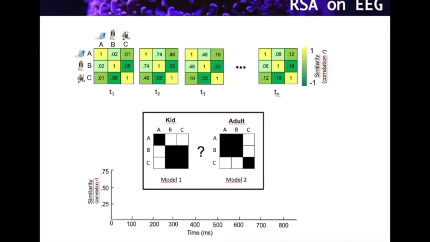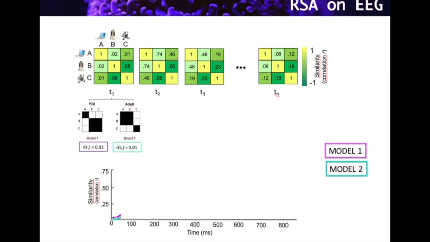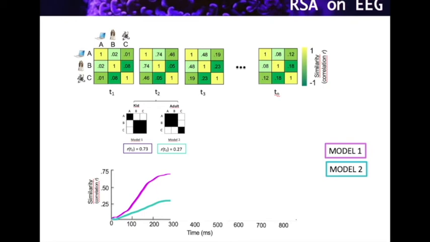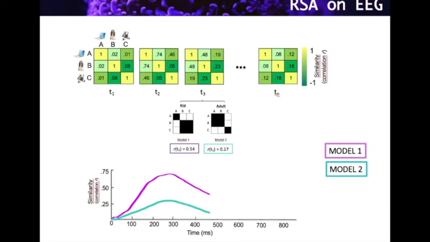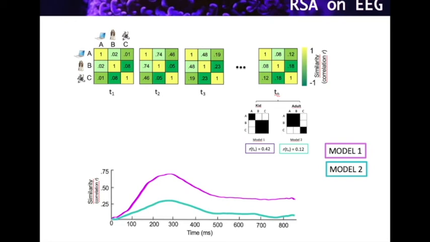Now, a simple way to resolve this problem is to correlate each of these theoretical predictions to each of the time points and each of the representational similarities observed at each time point. By correlating these two elements, we would find a correlation coefficient expressed here at time point 0 or close to 0. Then we would have another one, and basically we could observe how this theoretical prediction or theoretical model fits real data over the course of time.